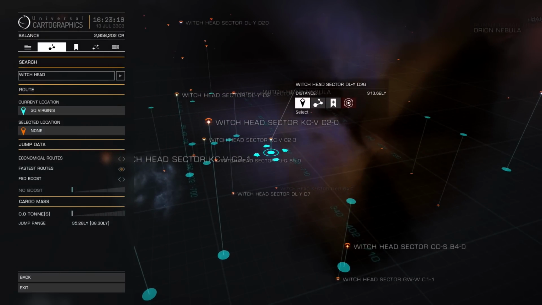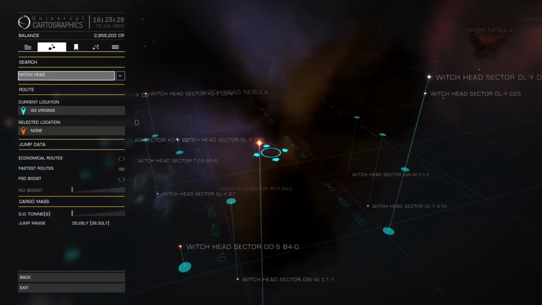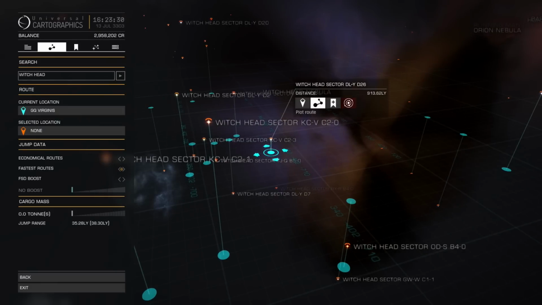Now this is a distance of 900 light years. You can't plot a course currently beyond 1000 light years, so you have to do it in 1000 light year segments. If we go out beyond that, it would say it's unable to plot a route there. So we've got two options here. Over here we can do